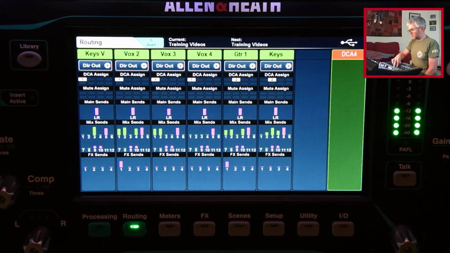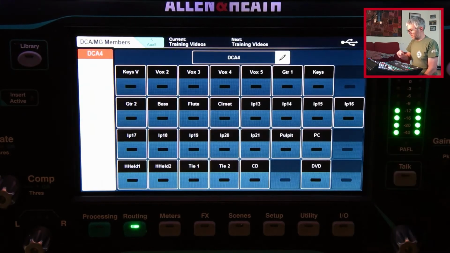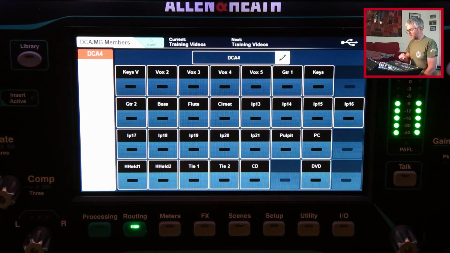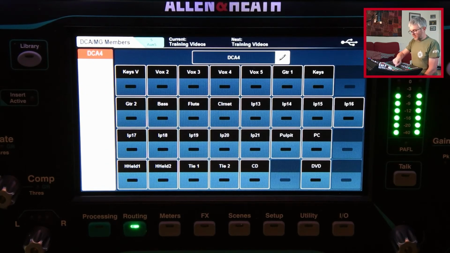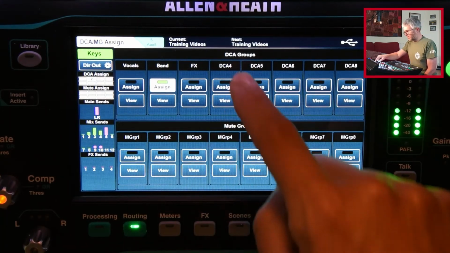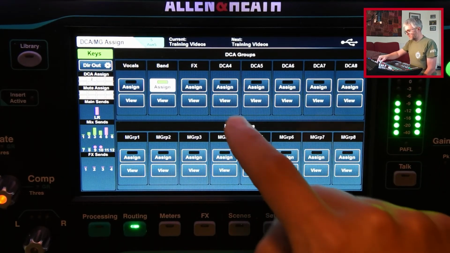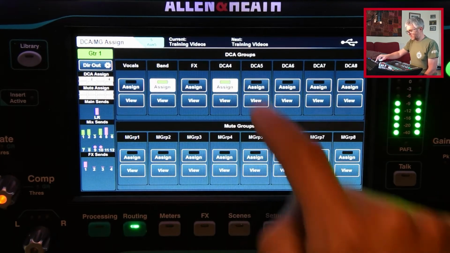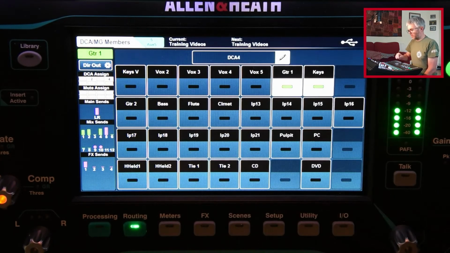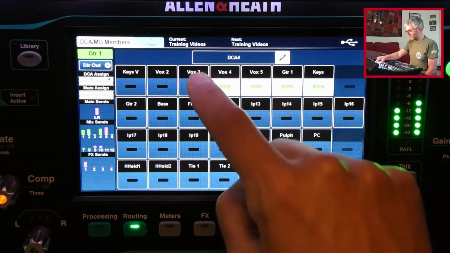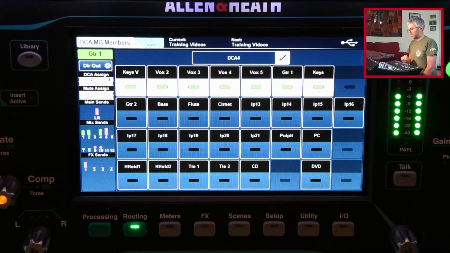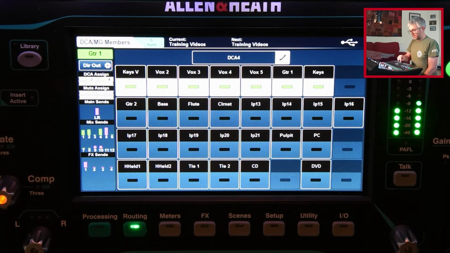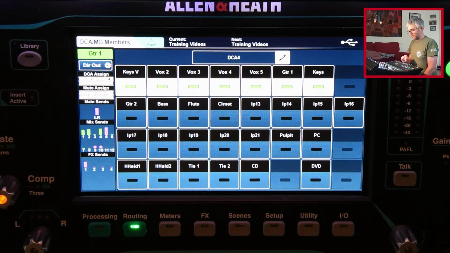So I'll select it and go into the details. There's nothing selected at the moment, so I just press select on there. Again, I could go back to keys, for instance, and say, right, DCA4 is the one I've just created. So I could assign it there, press guitar, assign it there. Bit tedious, but a quicker way is to go into that and say, right, let's assign all of my instruments that I'm currently listening to that one, and then I can press mute on that,